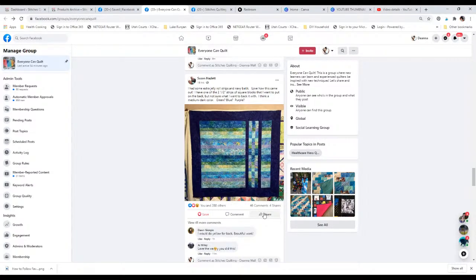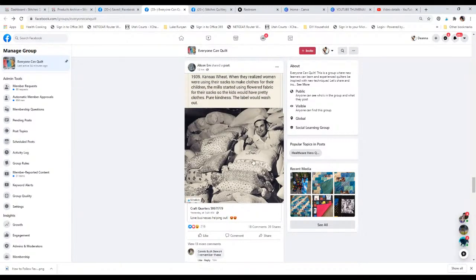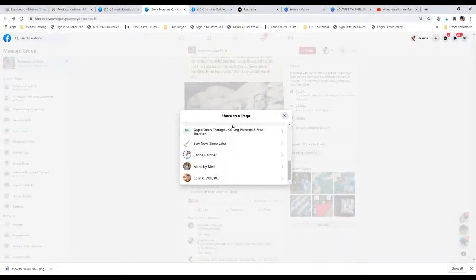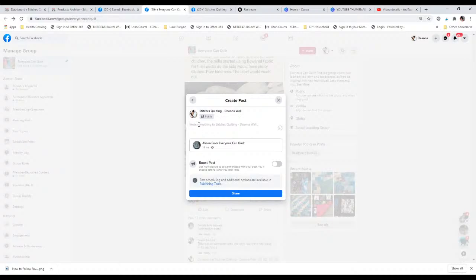If you share something using the share button, say I want to share this to, well, let me find something appropriate. I don't know. What does this say? This is Craft Quarters. I'll go ahead and share this to my business page right now. So I'm going to share this to a page. And you can see I'm an admin for a lot of other quilting and sewing pages. And I'm going to just say here,